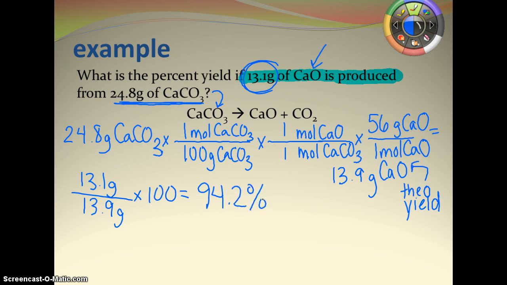So you should not get anything over 100% if you're solving a problem on a worksheet, but in the lab you may end up with something over 100%, and that's due to human error, calibration error. So if you didn't heat something long enough, you may end up with a little bit more reactant left than what you would like. That's going to cause you to have a higher percent yield than 100. So error in an actual lab will cause you to have more than 100, but for a worksheet,